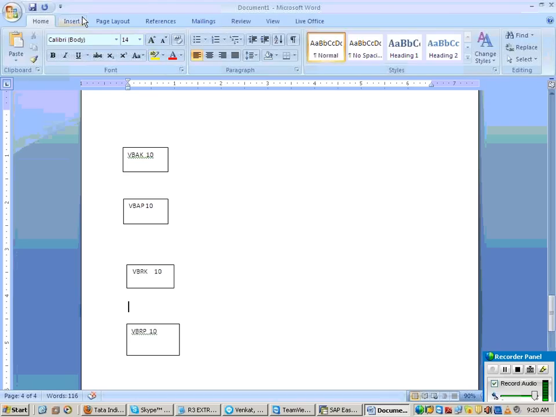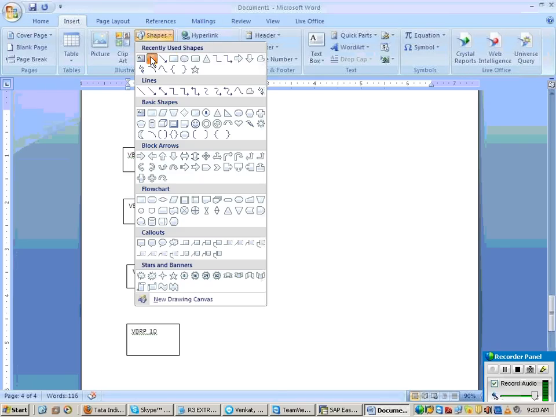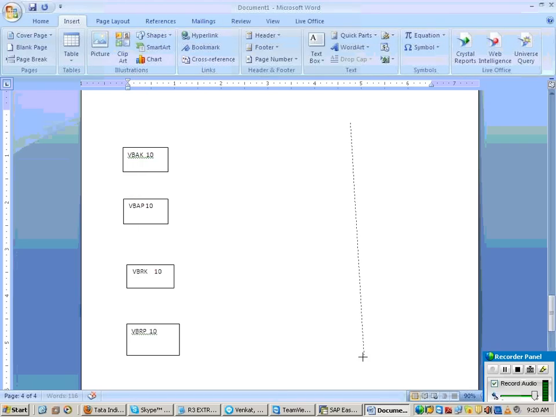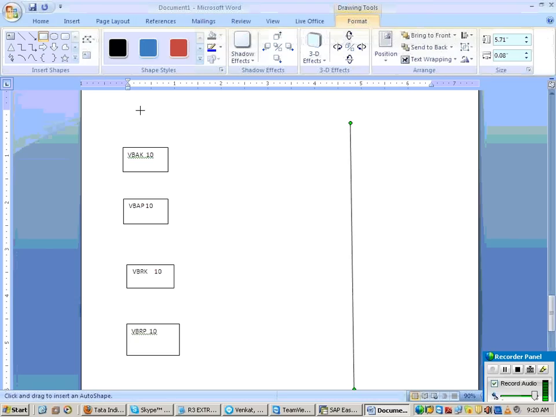Okay, now what you do in LIS, I am just giving you a rough picture here. Anyhow, LIS is not required for you. What is important is the next, third type of extraction. So what I will do, the line to the left is R3, the line to the right is BI.